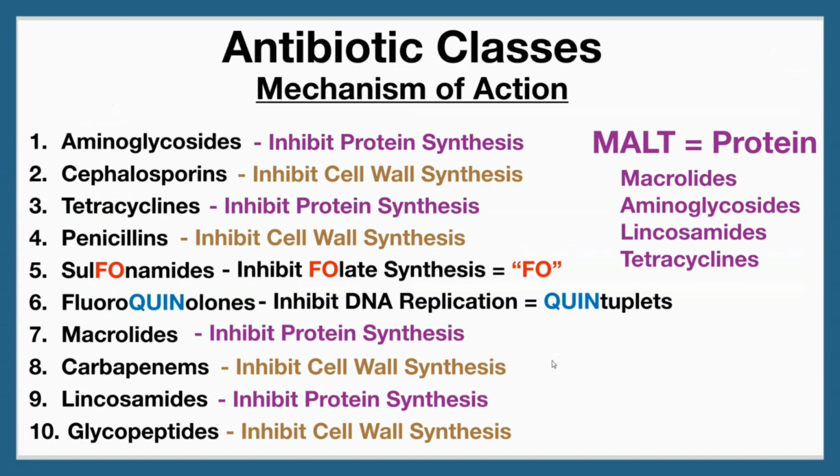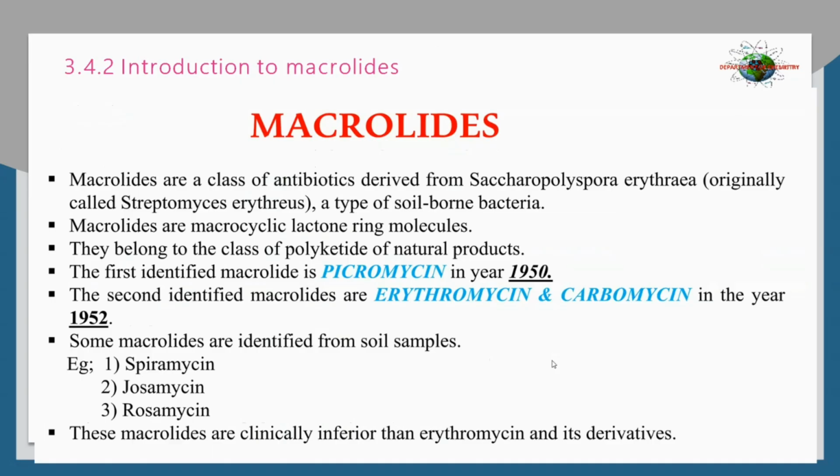So we discussed already in the last chapter the classification of antibiotics based on the chemical structure: aminoglycosides, cephalosporins, tetracyclines, penicillins, sulfonamides, fluoroquinolones, macrolides, carbapenems, lincosamides, glycopeptides. In this chapter, we are discussing macrolides. Coming to the introduction to macrolides, macrolides are a class of antibiotics derived from Streptomyces erythrea, also called Saccharopolyspora erythrea,